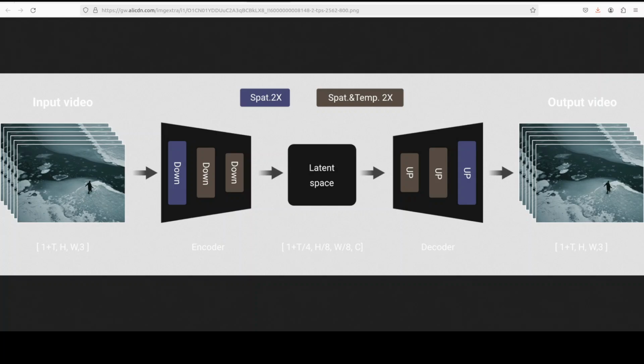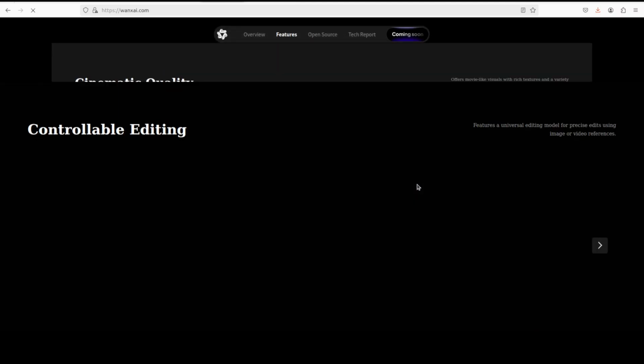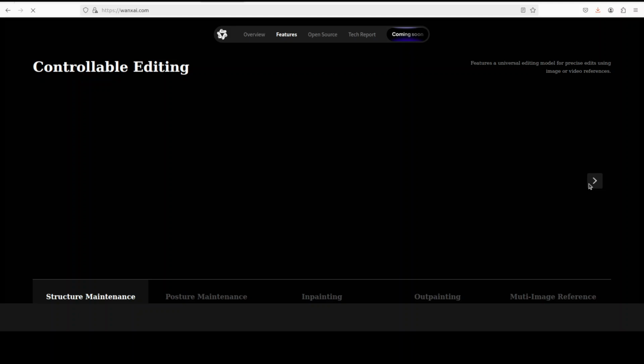They have combined multiple strategies to improve spatio-temporal compression, reduce memory usage, and ensure temporal causality. These enhancements not only make their VAE more efficient and scalable, but also better suited for integration with diffusion-based generative models like the diffusion transformer,